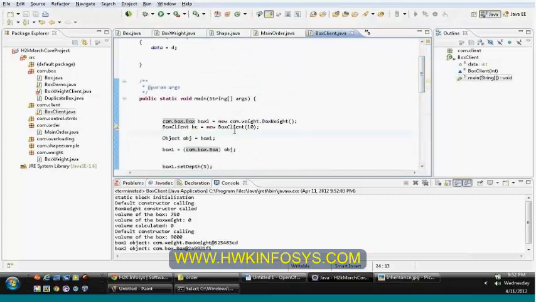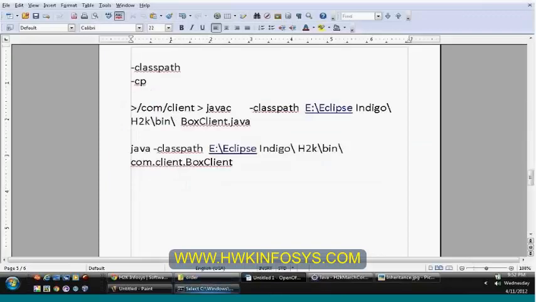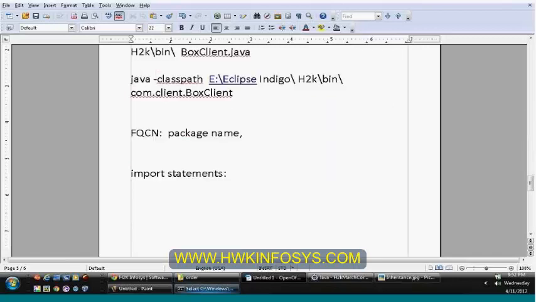Let us say our class needs for more than 50-60 times. So in that case, at each and every place, you need to specify the fully qualified class name, which is like a bit pain for writing the package name each and every time. So instead of that, Java has provided another mechanism by using import statements. Import statements are used to import the whole package.